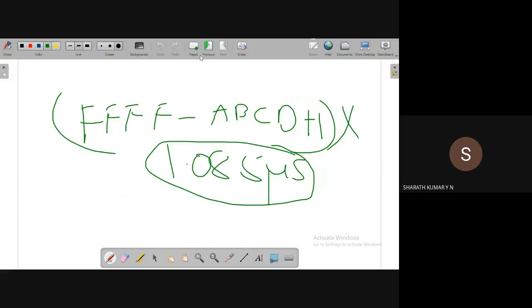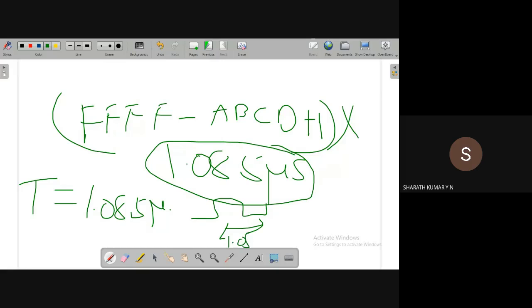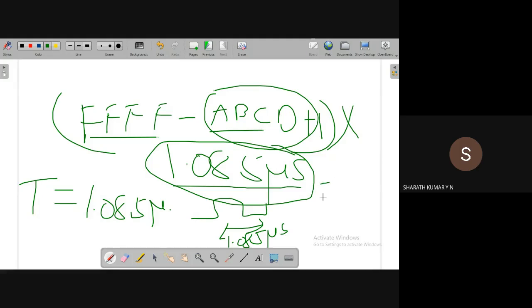So you know that the time period of one machine cycle is approximately 1.085 microseconds. That means the time period of one clock pulse is 1.085 microseconds, and hence the timer counts some number of clock pulses. What is the total delay generated by the timer? That can be calculated as the final count minus the initial value plus 1, of course, into the time period of one machine cycle, which gives the total delay generated by the timer.